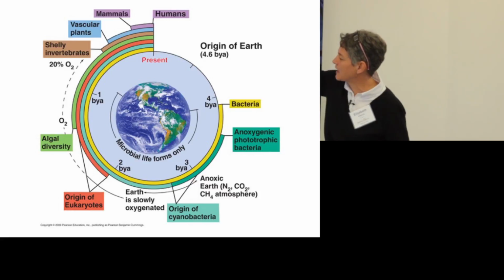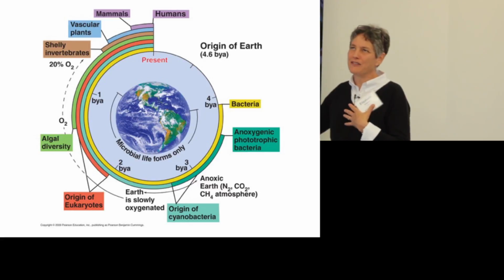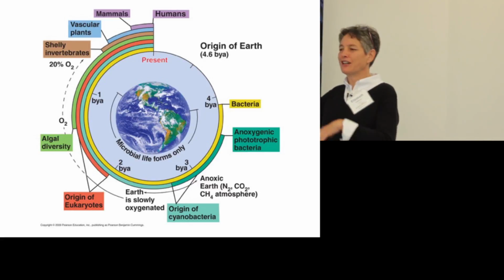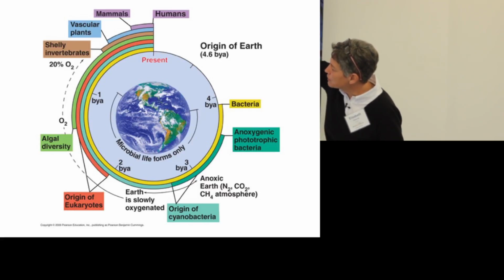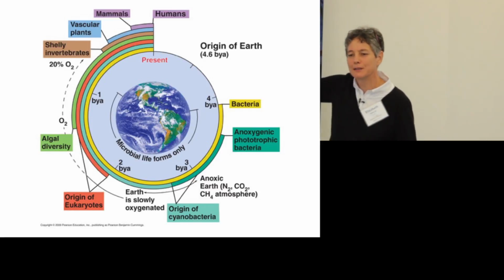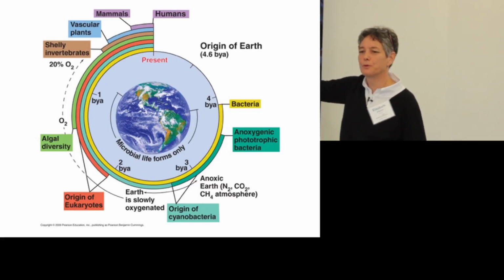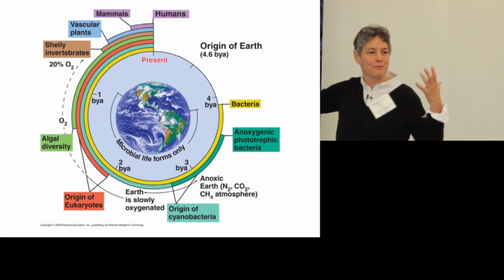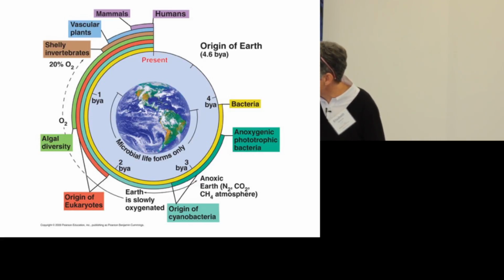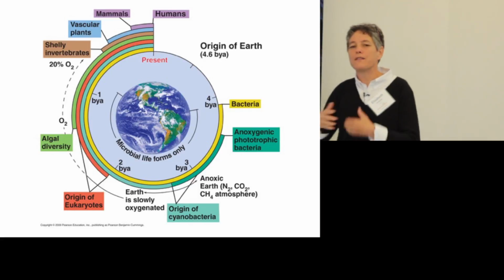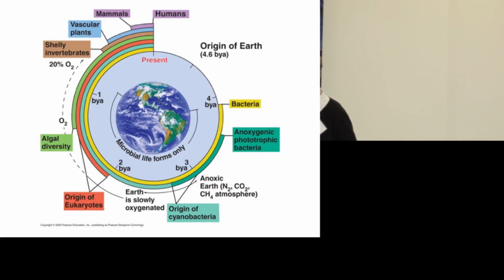And then, at that time, the Earth was anoxic, with hydrogen and ammonia and nitrogen and CO2, that kind of thing in the atmosphere. And then the early bacteria used these kinds of elements in their metabolism, or they used light, like phototrophs, like plants, but anoxically. In other words, they weren't aerobic, and they weren't breathing oxygen at the time. And only when the cyanobacteria, the first evidence of cyanobacteria is somewhere in this window here, where these produce oxygen as a byproduct of photosynthesis, that the Earth slowly began to become oxygenated.